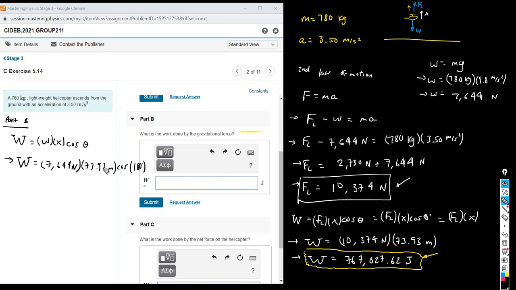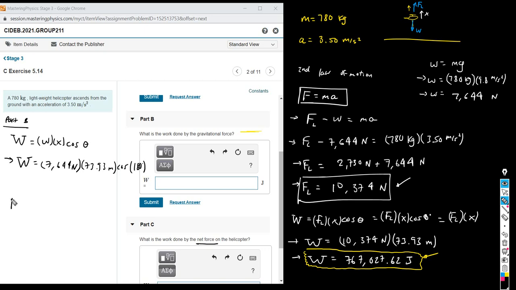I told you I'm not gonna be doing the whole thing. I'm just gonna give you the explanation, right? And what is the work done by the net force on the helicopter? And that's what I was telling you at the beginning, right? It's this part. When you use this second law of motion, this F represents the net force. The net force, guys, is basically the sum of all the forces acting on a particle. So in this case, my particle is a helicopter, and there are two forces, right? This and this, and the net sum of these two is basically